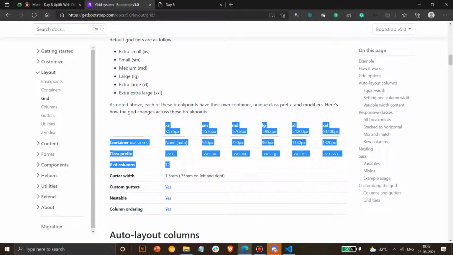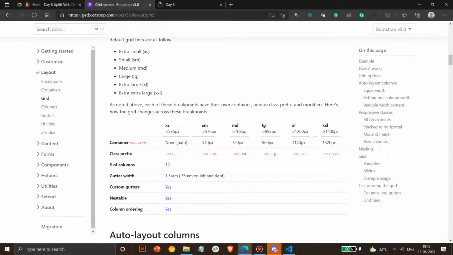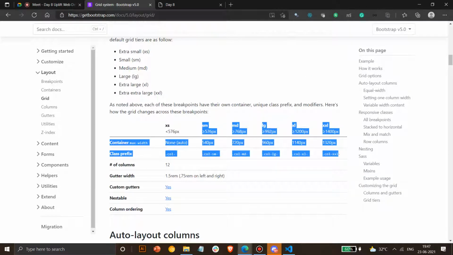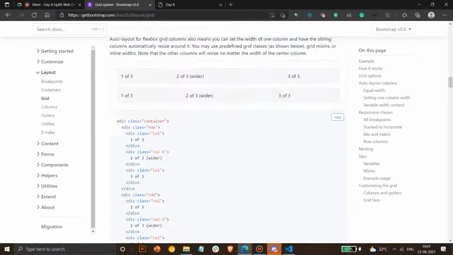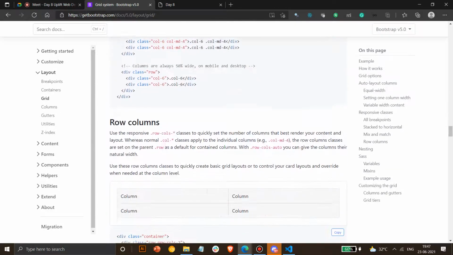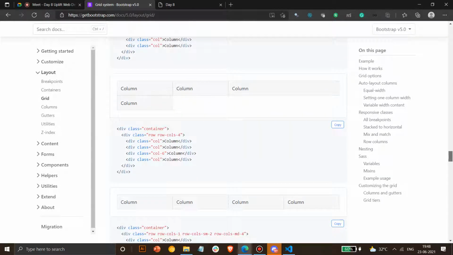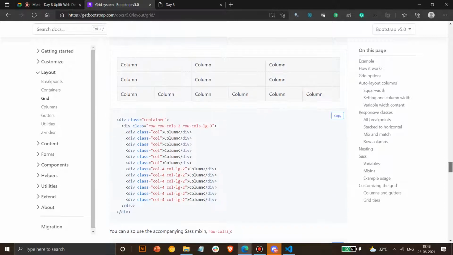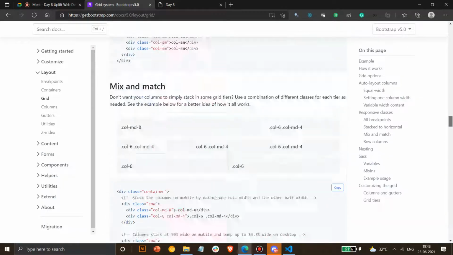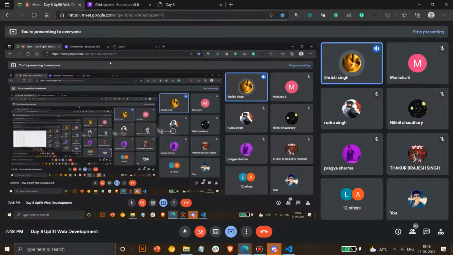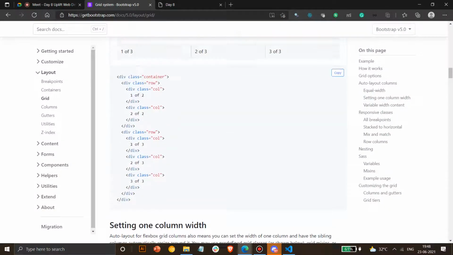Always remember this grid system, what grid system is used and what the different resolutions for it are. And if you are a complete beginner, just use col, don't go into this. You can directly use col and work with it. No worries, this MD, LG and everything is a little bit confusing, so it might take some time. Don't worry, if you add columns more than that size, it will automatically break. So you can see here the same thing, and you can just start working with normal columns. Sir, can you brief this grid system once again?